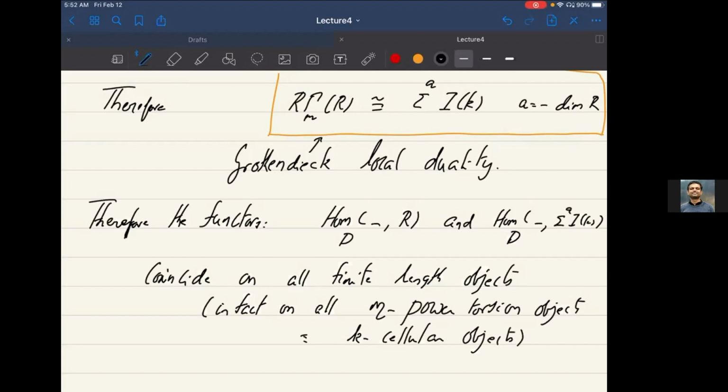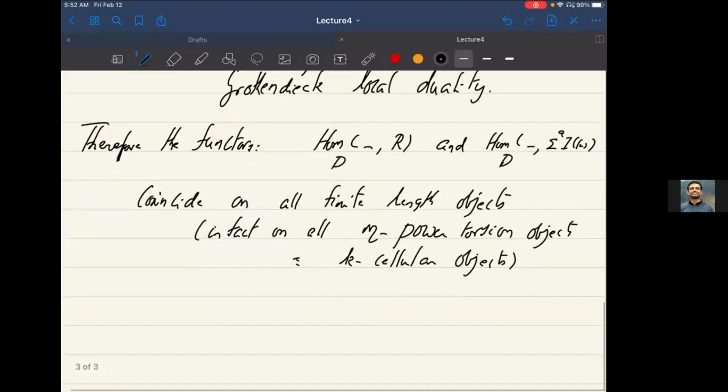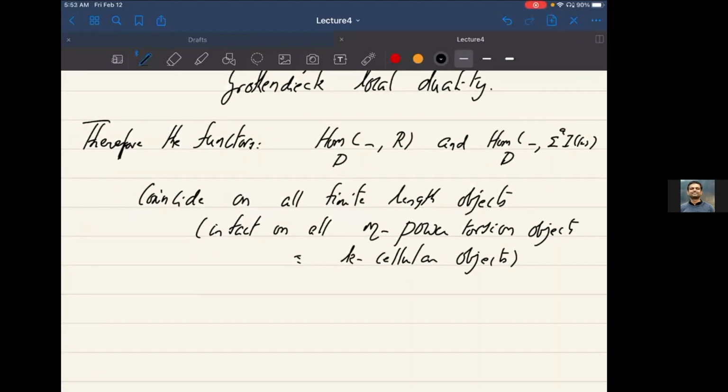I wrote it this way because in some other contexts, this is saying that the Brown Comenetz dual is equal to the Spanier Whitehead dual. So this would be something like the Spanier Whitehead dual, where you're looking at maps into the sphere spectrum. And the analogous thing in topology would be the Brown Comenetz duality. So already you see there are shadows of the topological world appearing here.